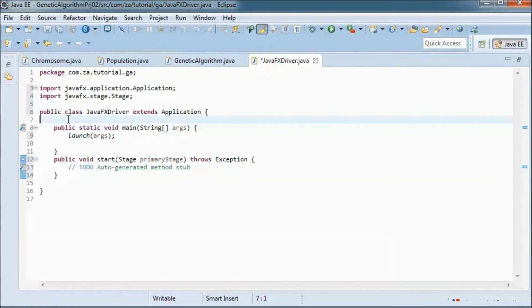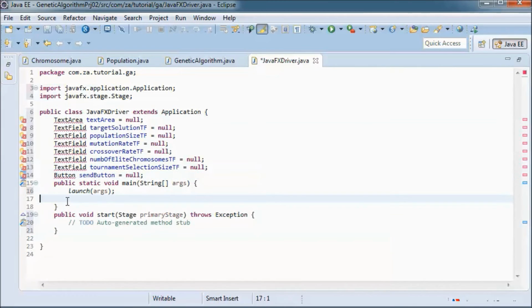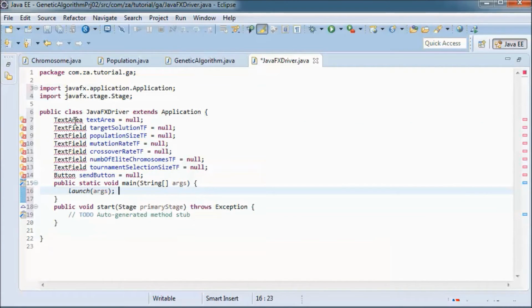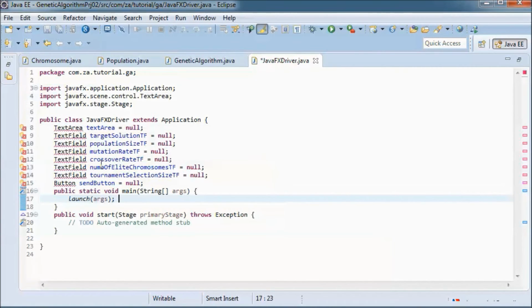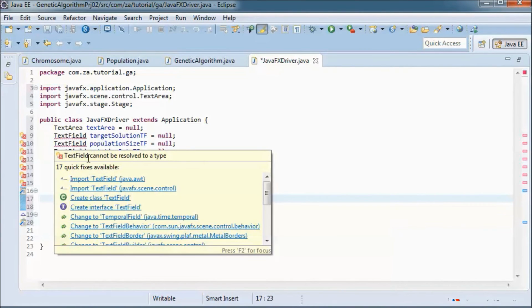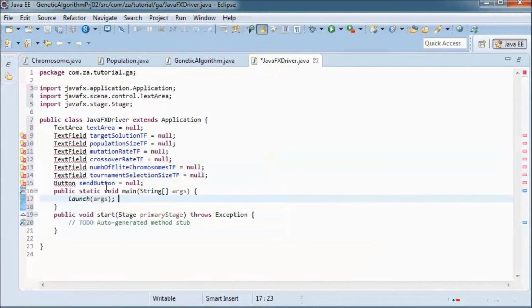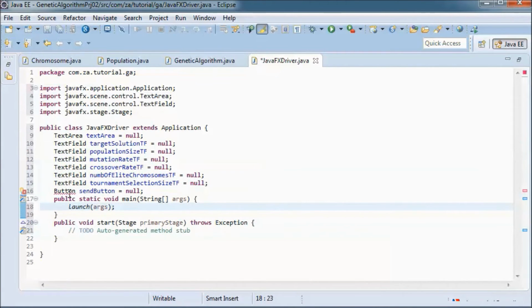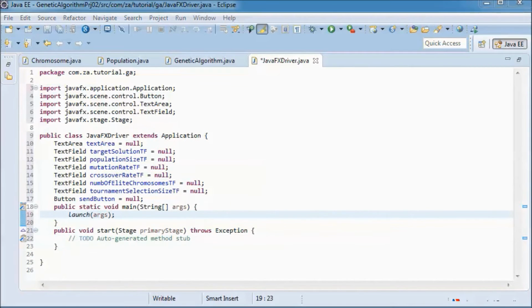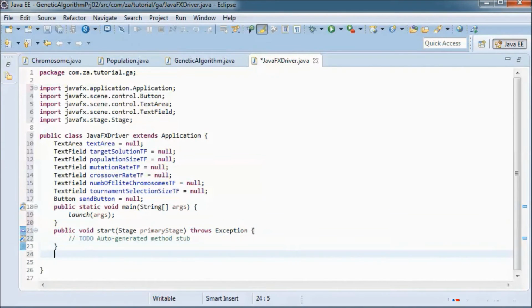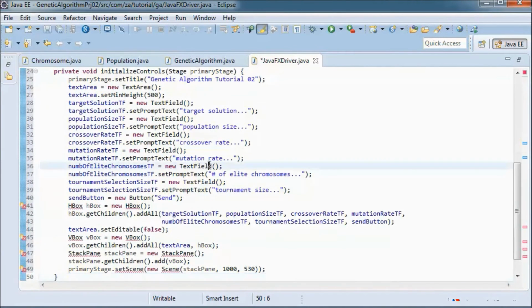And let's define those widgets, and initialize them in this method.